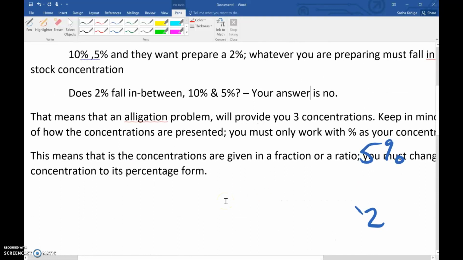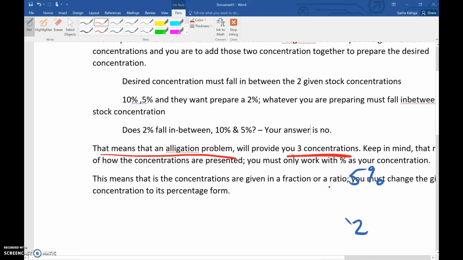Now, as I said before, alligation problems, you are going to be given three concentrations. But keep in mind that those concentrations